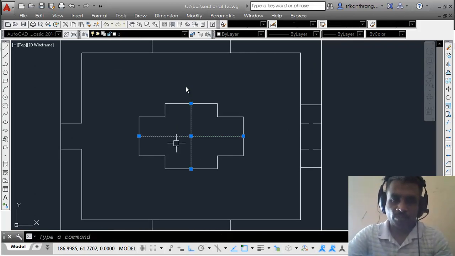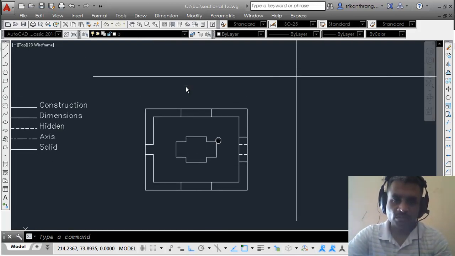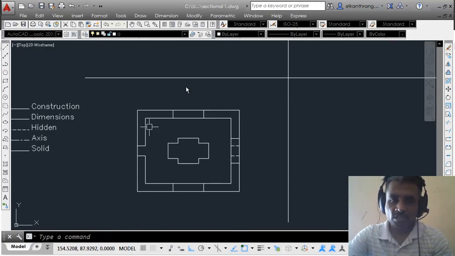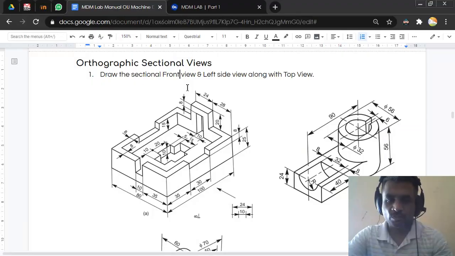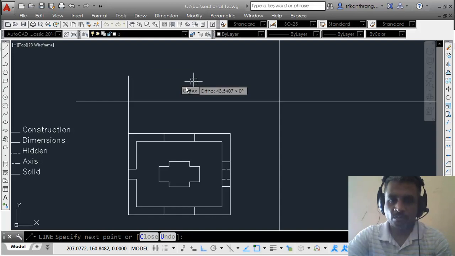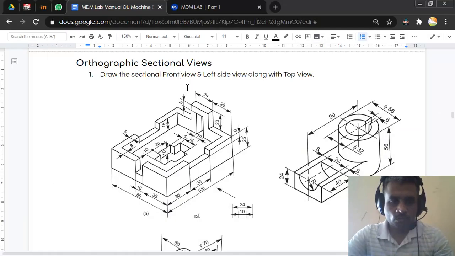So I'll be just using reference lines from this diagram to get my front view. So from here I'll take a line straight to this point, and then height of 25 is there, so I'll take height of 25 here. Then I'll take a horizontal line, and then I'll take reference line from here vertically up till X line, and I'll just join this. The extra line I'll just remove it, and then you can see here the height of this particular part is 20 mm from this upper line. So take another line from here 20. And I'll just take a horizontal line exactly up to this, then down.